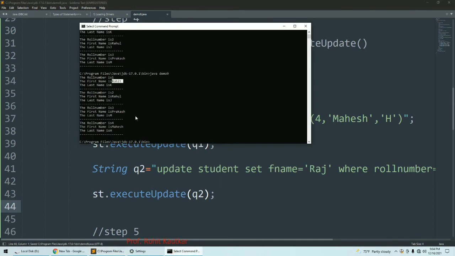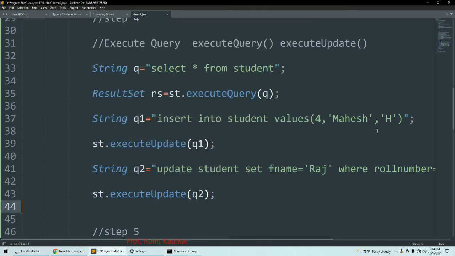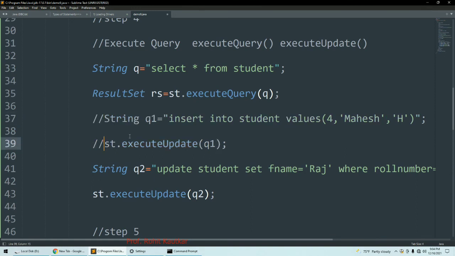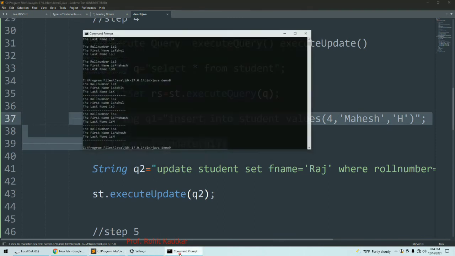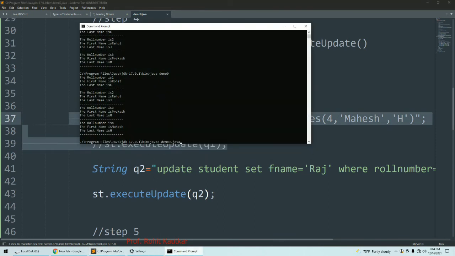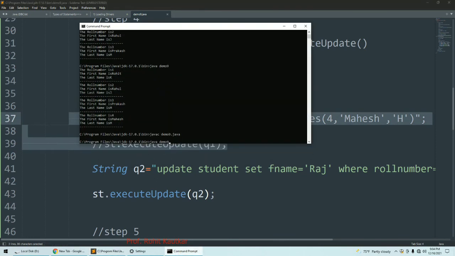Now again I will execute this query, but for that I will comment out the previous query, because if I execute it again, it will insert the same record again. So that's why I am commenting this query. Now I will compile this program again.